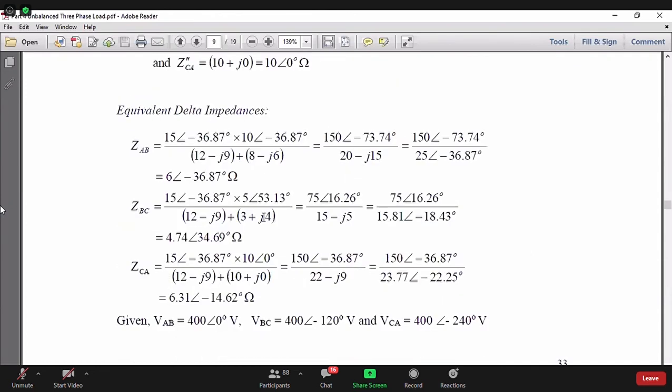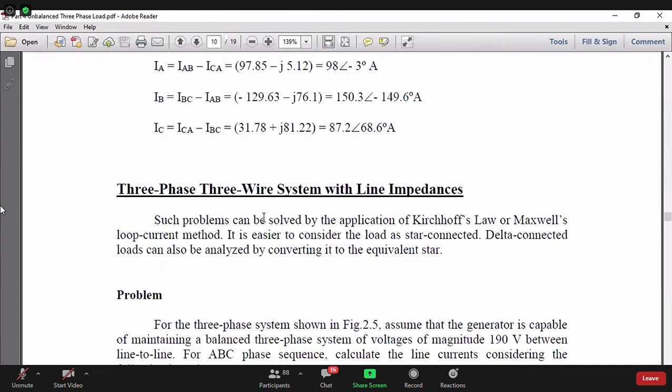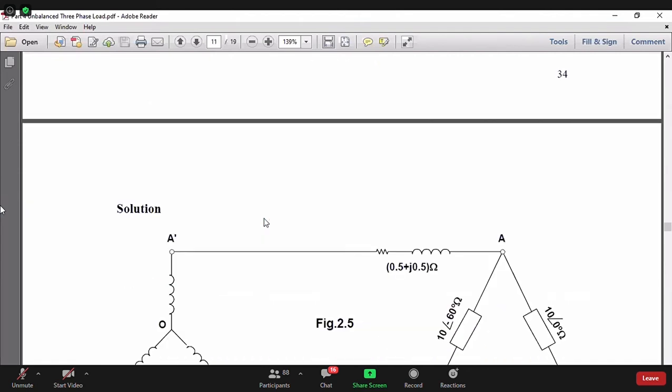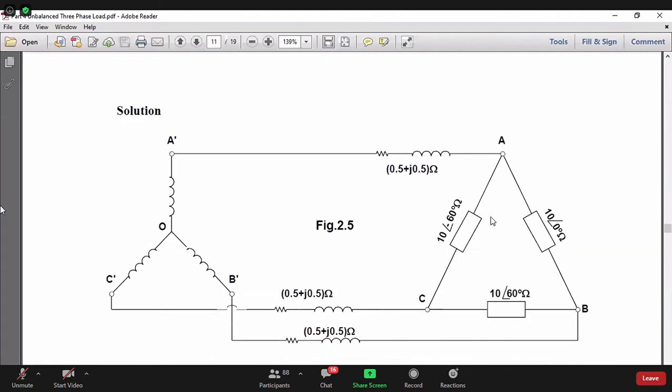Then I will show you another very interesting thing: now I have a three-phase three-wire system. And I have a delta. Earlier I said that this line impedance is 0. So this source voltage is equal to the load terminal voltage. That means A prime and A are the same. So what was I doing? I was assuming that this line voltage of the source is applied across A and B of the load, and this is balanced. But who told me that the line impedance is 0?